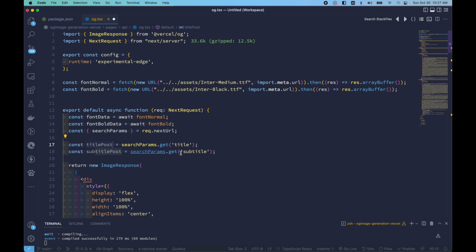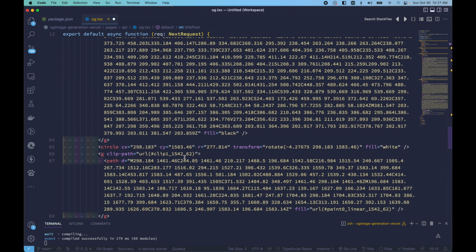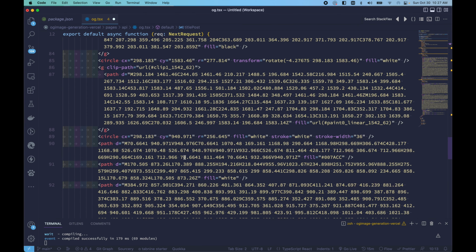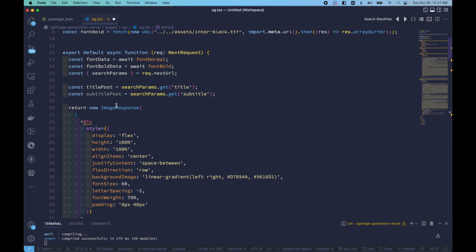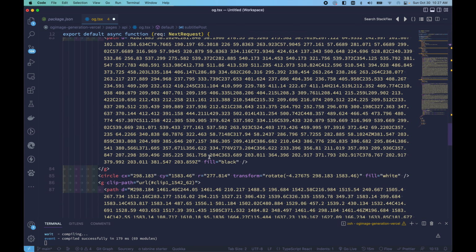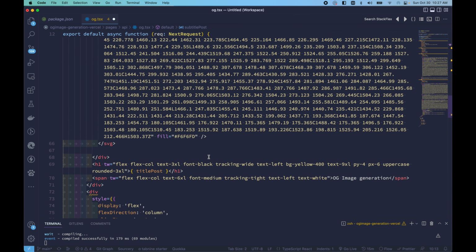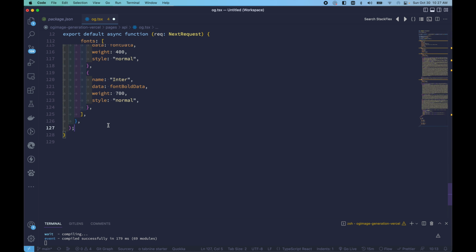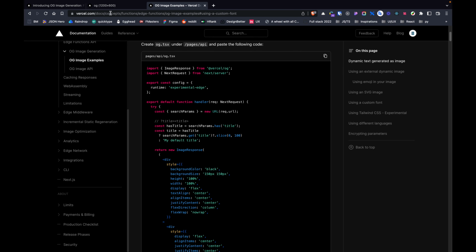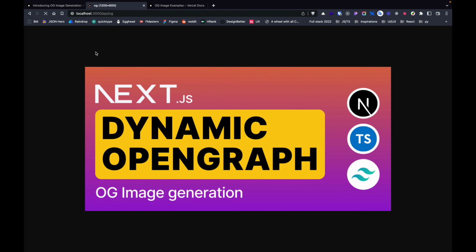After getting the title of the post, we want to replace the title that we currently have here with the dynamic title. For example, dynamic OpenGraph, we want to replace it with this title that's passed in from the URL. And also this sub description thing, we want to add as a subtitle post. All right, looks good so far. Let's go ahead and save it, and if we take a look and refresh it,